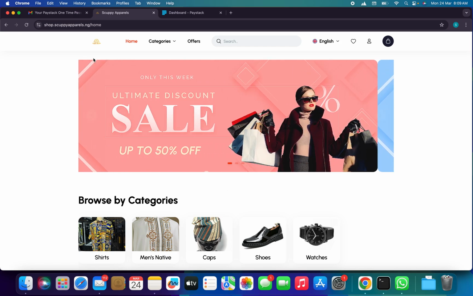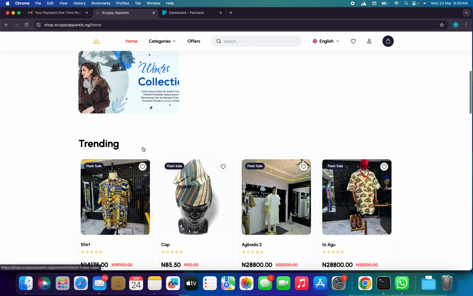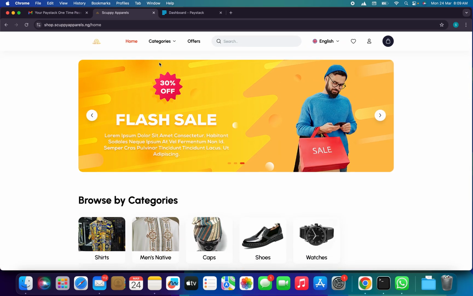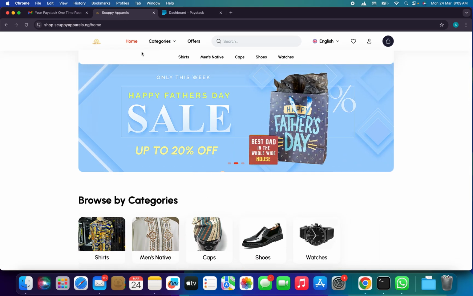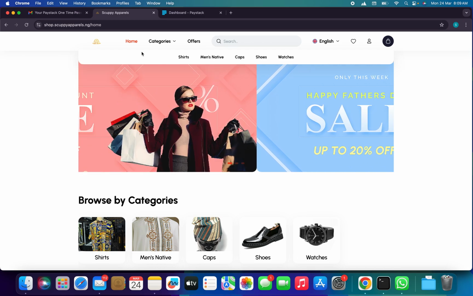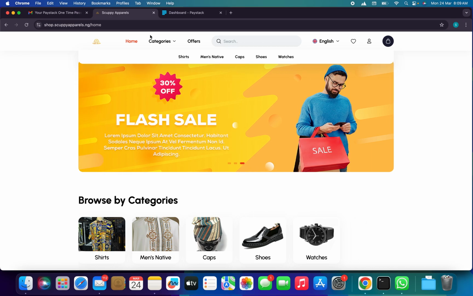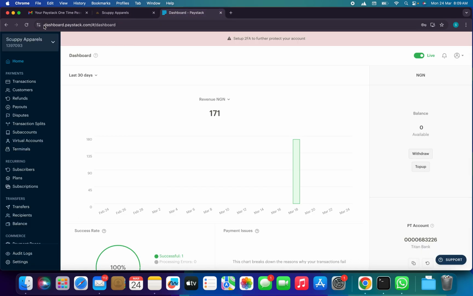Okay, so this is your website. So this video is basically on how to log into Paystack, receive payments on Paystack, and withdraw your payment which you have received from Paystack. So this is the Paystack dashboard. I'll also send you the link to this dashboard, the link, email address and password you use to log into this